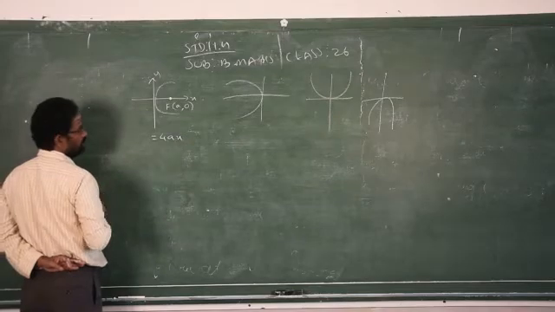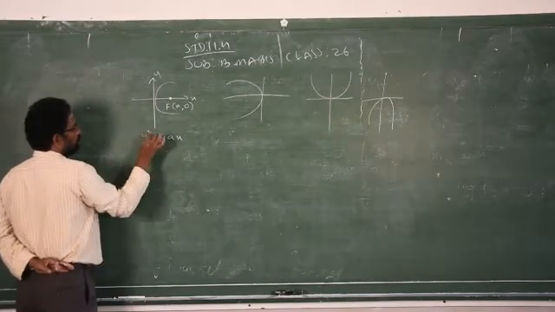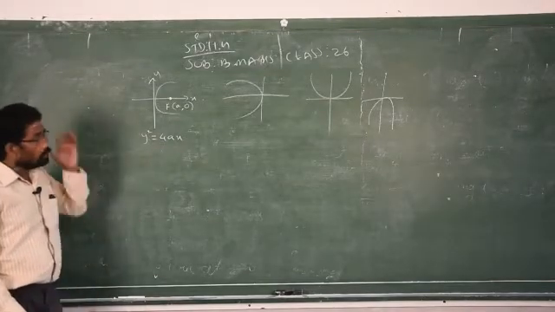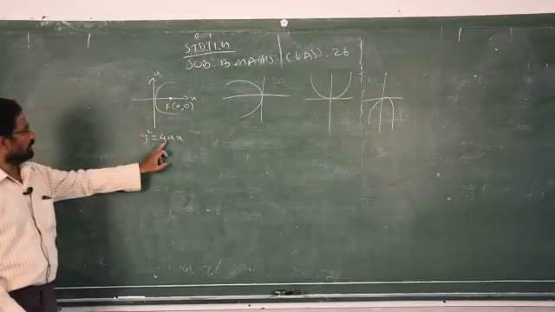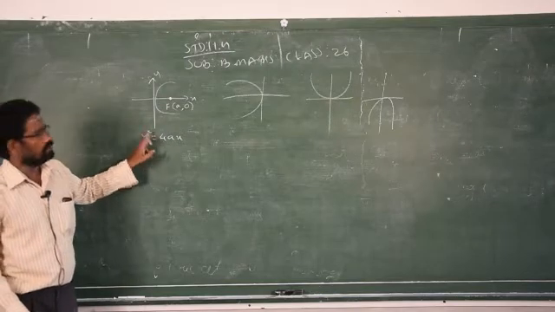Therefore, just keep it in your mind: 4ax, because the focus is on the x-axis. The focus is not on the y-axis, so we have one more axis left, that is y, that you have to square. y square is equal to 4ax, positive side. You have to memorize like that. Focus on the x-axis, you write 4ax, positive side, so plus symbol. Which axis is left? y, so y square.